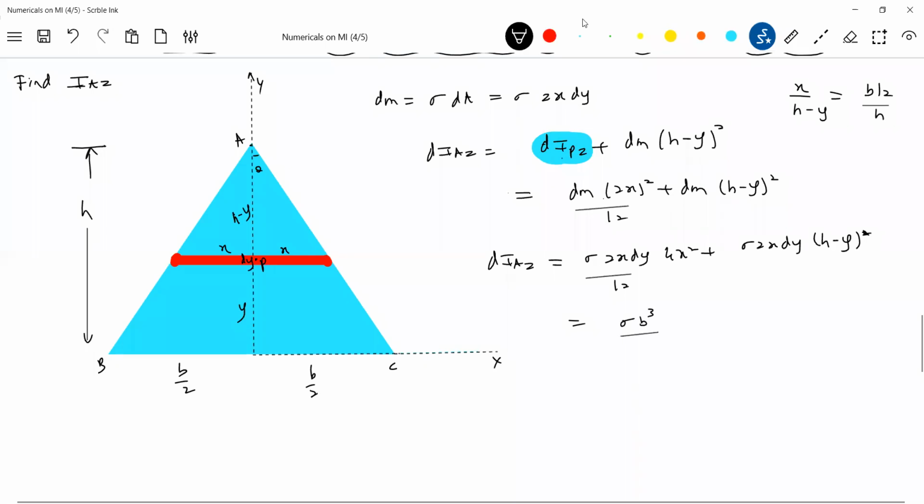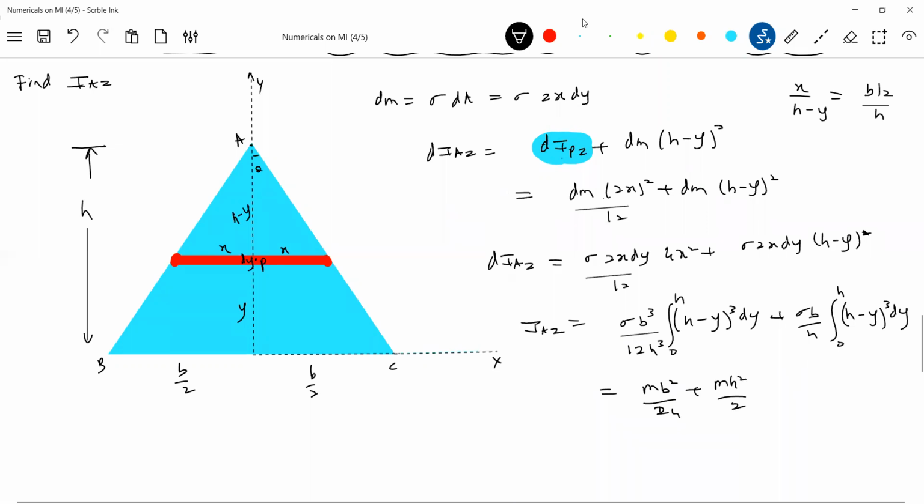After substituting all, sigma b square by 12 h cube into h minus y whole cube dy. So solving this, I'll end up with mb square by 24